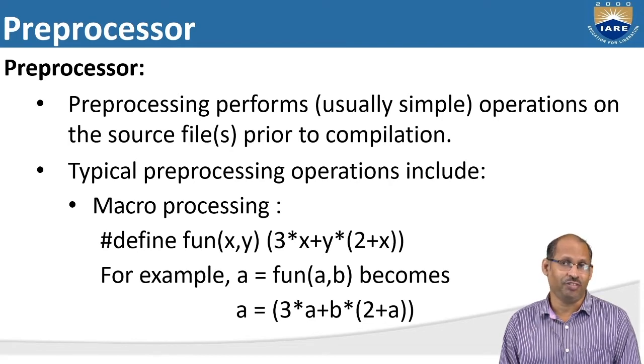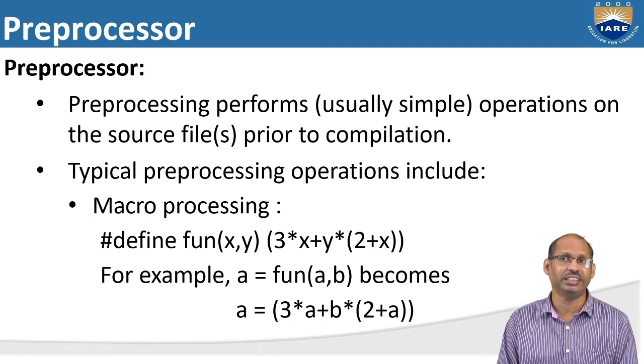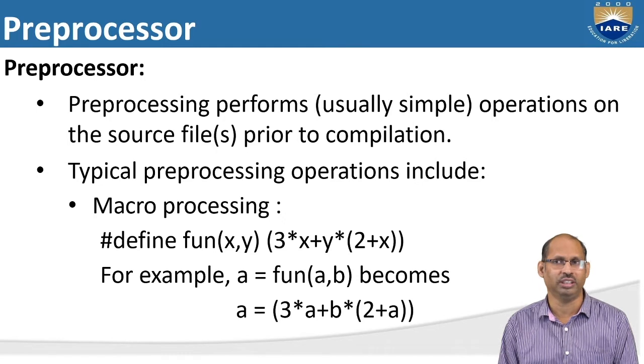We define that fun as 3 into x plus y into 2 plus x. Here, that replacement statement must be one, two or three lines. If it has more statements, then using functions is better than these preprocessor commands, right? So, for example, a equal to fun of a comma b